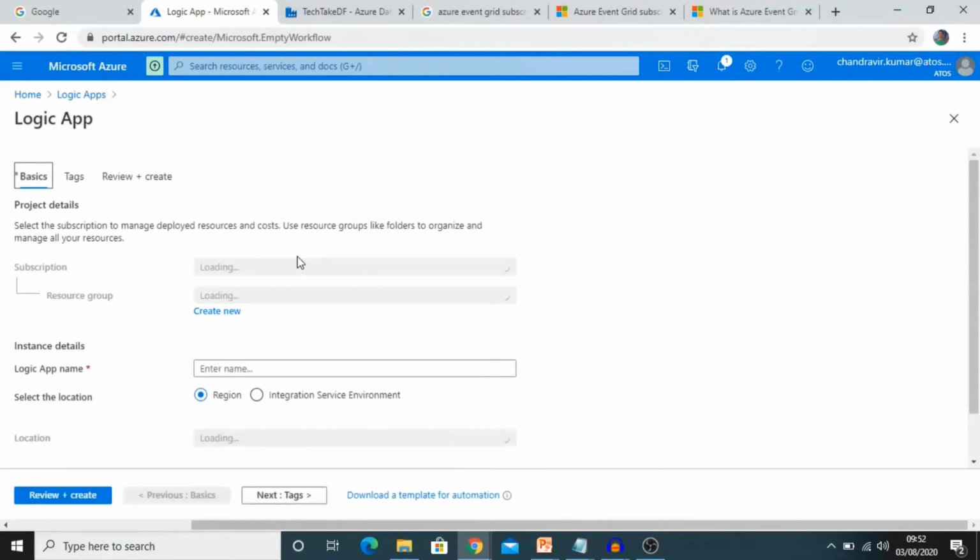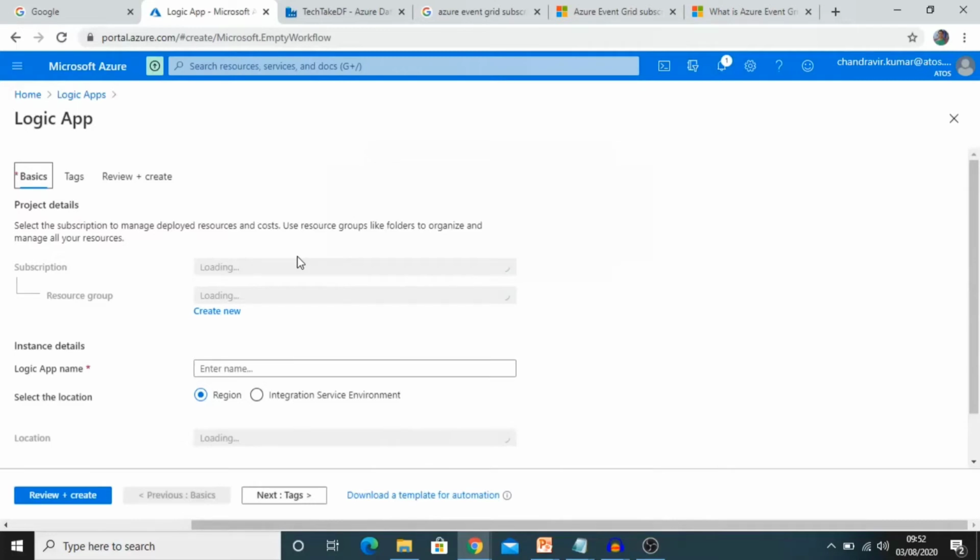In basic you can put the details here, the logic app name, and the location you can keep the same. Then review and create. It will validate your settings and inputs, and after validating it will be deployed and your logic app will be created.